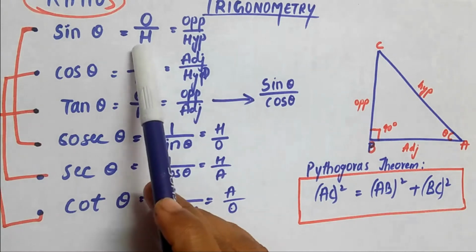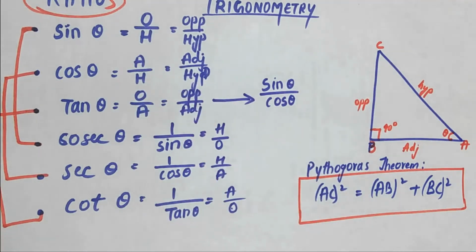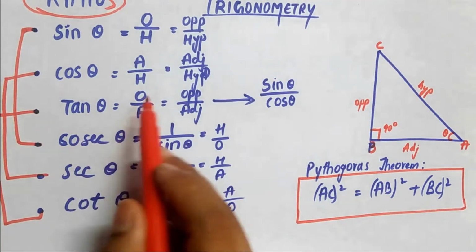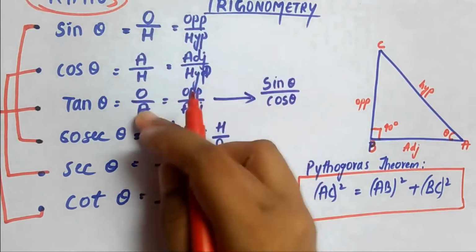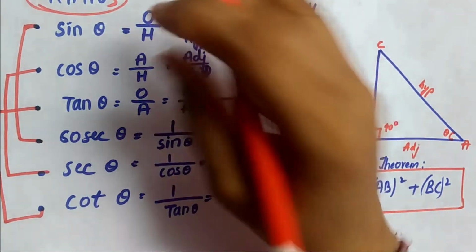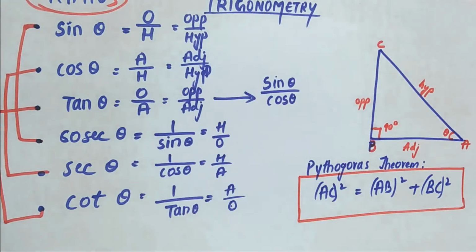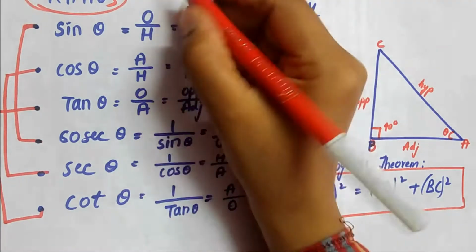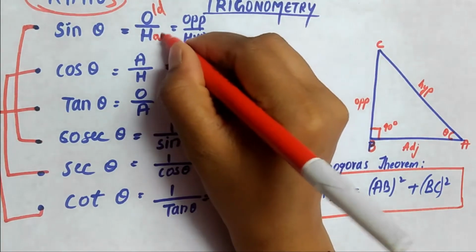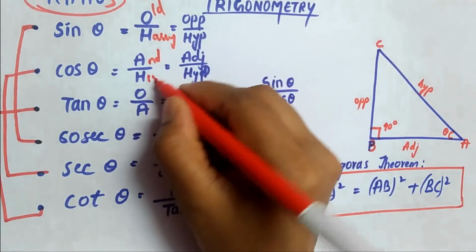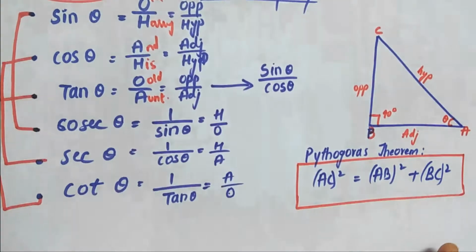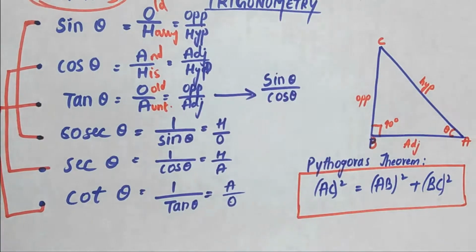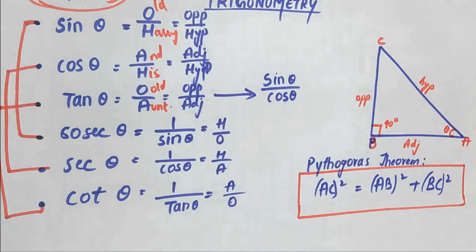So sin theta is nothing but opposite by hypotenuse. Cos theta is nothing but adjacent by hypotenuse. Tan theta is nothing but opposite by adjacent. Easy way to remember these formulas: the first three things, this is the easiest thing to just remember. It has no concept behind it, but just to remember, it is "Old Harry and his old aunt." In the exam, you can quickly just write all these things.